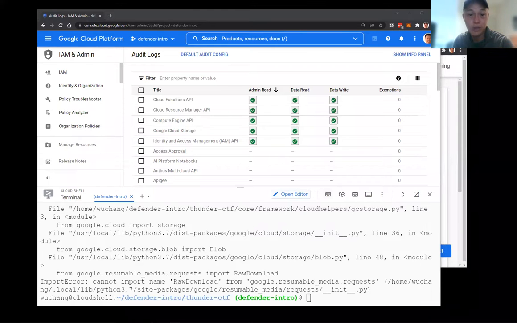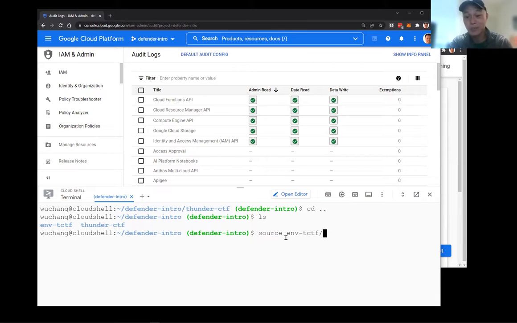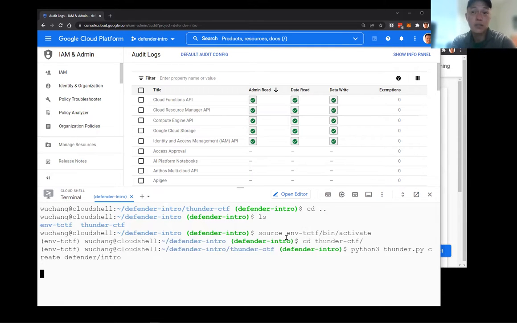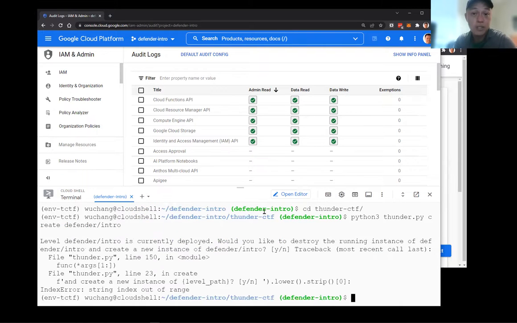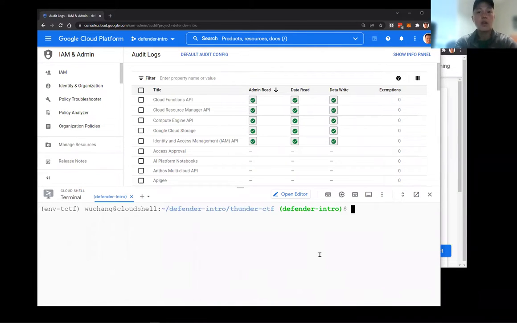Hang on a second. There's one thing I forgot to do before. I forgot to activate. I've already installed the requirements and the packages, but I forgot to activate it. And then I'll go into ThunderCTF and then start this level. So I'm going to pause here as this thing deploys. Whoops, didn't quite work. Hang on a second. Okay, so